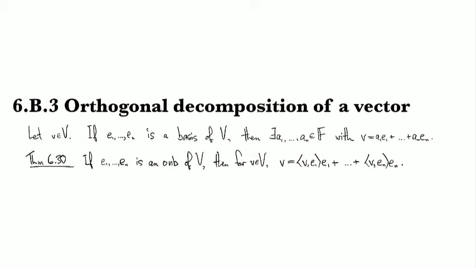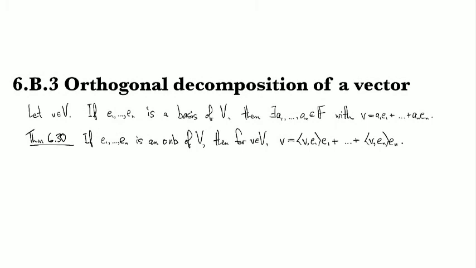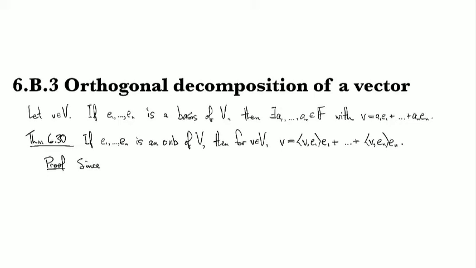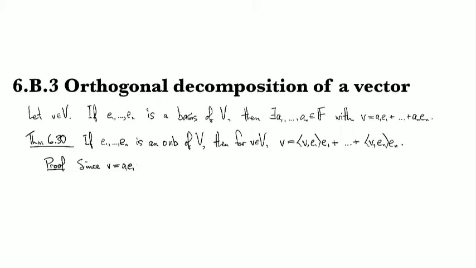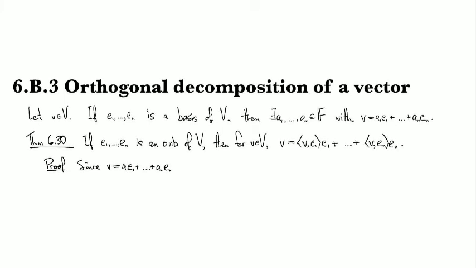And it's just this. And so the proof is, once again, a pretty straightforward one. So since we know that V looks like A1 E1 plus AN EN for some AKs,